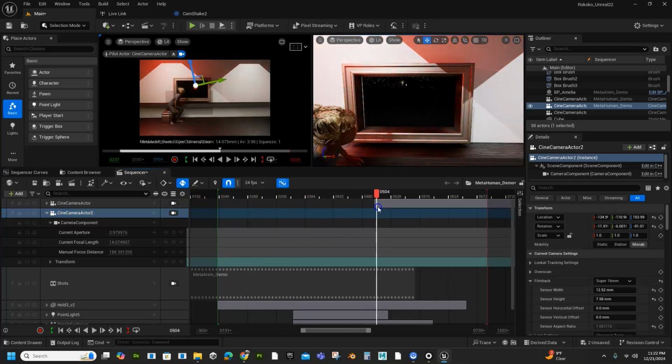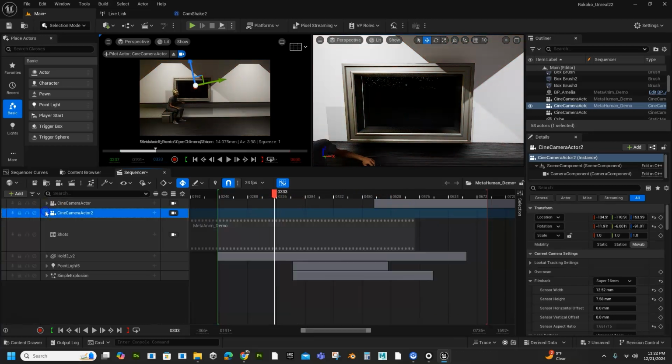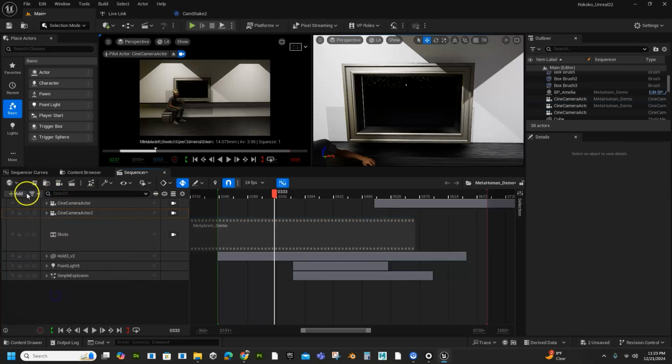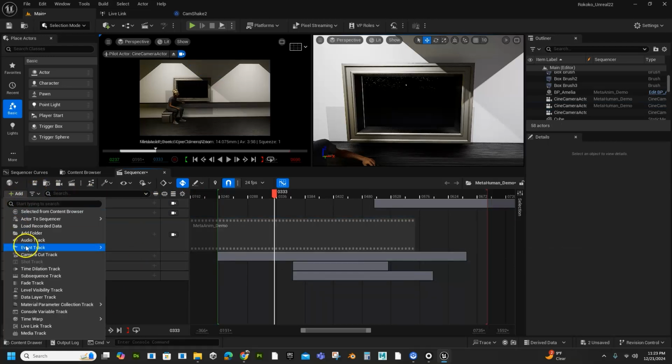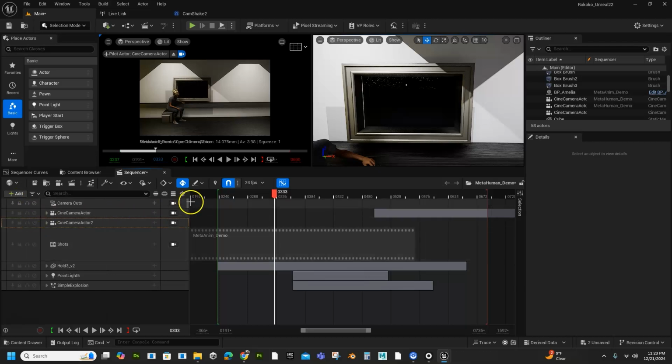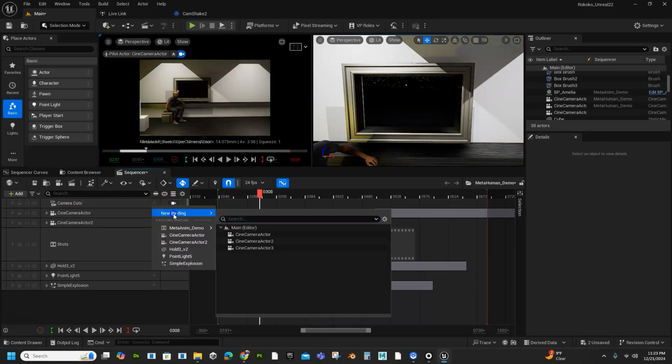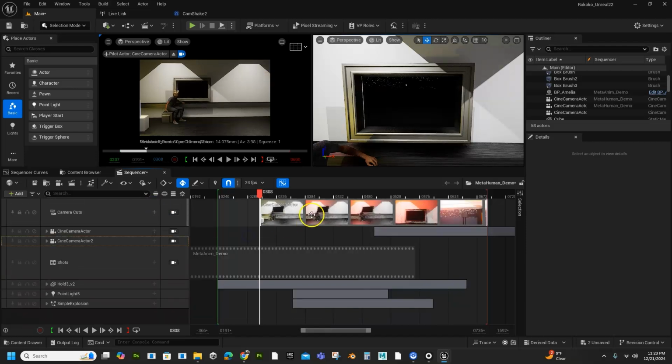So now I need a good way to work with these two cameras. In this particular instance, I have Cinecamera Actor and Cinecamera Actor 2, but I don't have any way to tell the sequencer when to render each camera. So there's a really easy way to do that. I'm going to go to Add, and then down here I'm going to add a camera cut track. And in the camera cut track, I can add in the various cameras that I have. So I'm going to do New Binding, Cinecamera Actor,